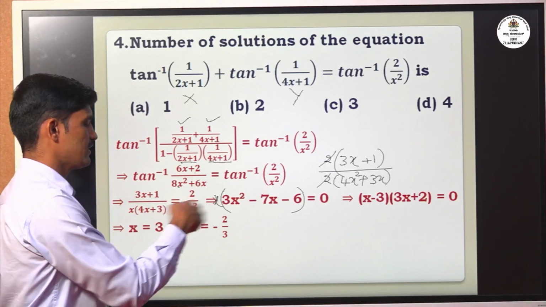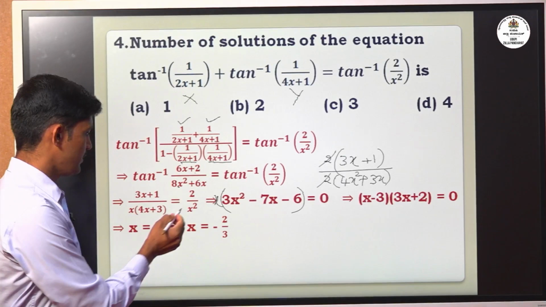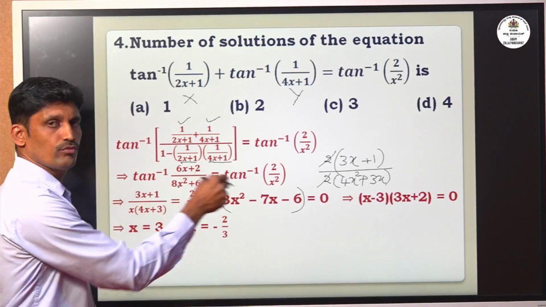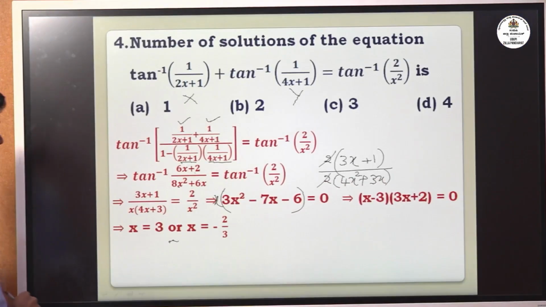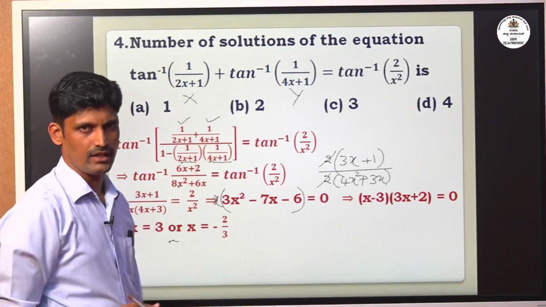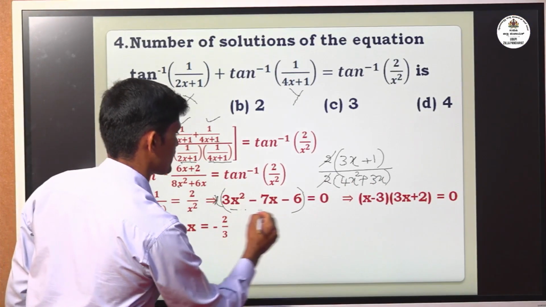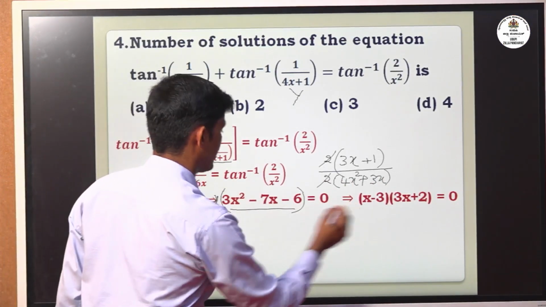Then by rearranging the remaining terms, you will get 3x square minus 7x minus 6. Here x square into 3x plus 1 is equal to 2x into 4x plus 3, where x is common. But when x is 0, now LHS is not defined, right? RHS is also not defined. Therefore, 3x square minus 7x minus 6 is equal to 0 gives the solution, that is on factorization, product is